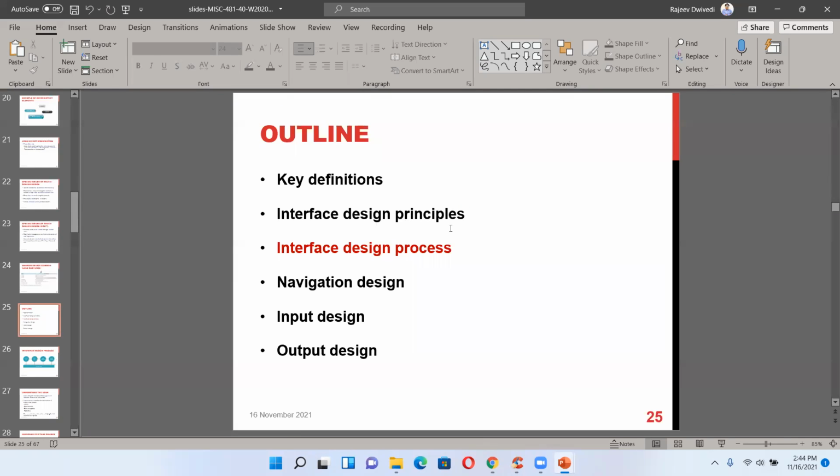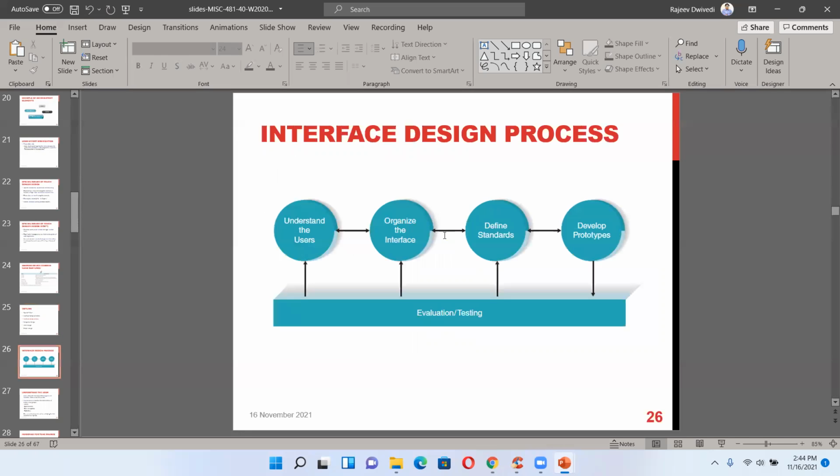Now, after interface design principles, we come to the process. How do we design an interface? First of all, understand the user. Who are your users? Organize the interface. Define the standard and develop the prototypes. And these are continuously evaluated and tested, which is right here. From here, develop prototype, going back, and feedback is right here. So four steps, and the fifth is continuously evaluating and testing the system